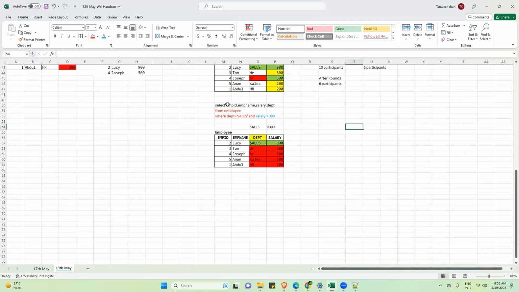Then you have to select employee ID, employee name, salary and department. Employee ID, employee name, then you have to display salary, then the salary will come, then department will come.